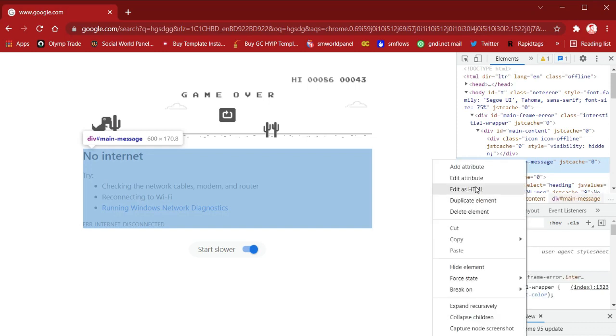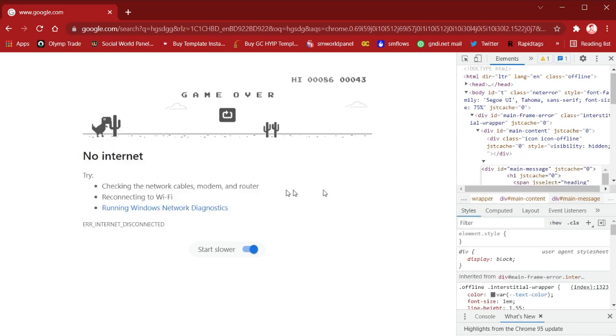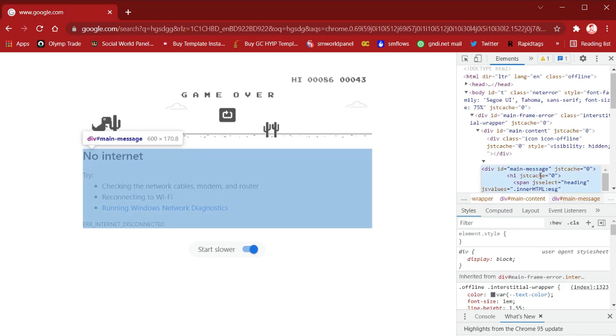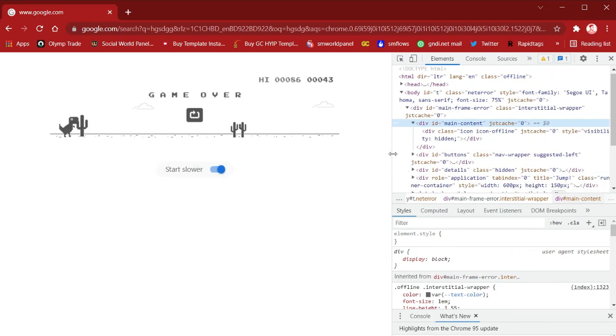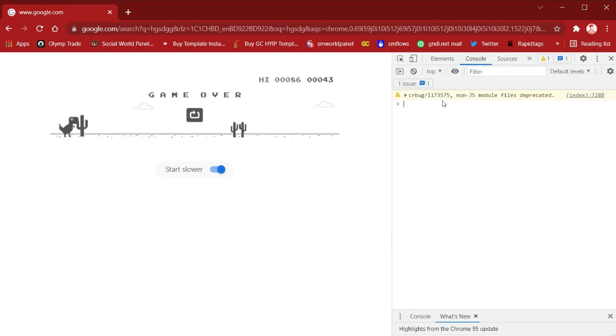Let's go into inspection mode and go to edit HTML, and now we'll remove this content with Ctrl plus A and backspace, and this item is successfully removed. I will increase the size so that you can see it smoothly. Now you can find the console button here, so just click on it. You can keep or skip the previous content, or remove it; it doesn't matter. Here I'm removing it, so this is a fresh console.